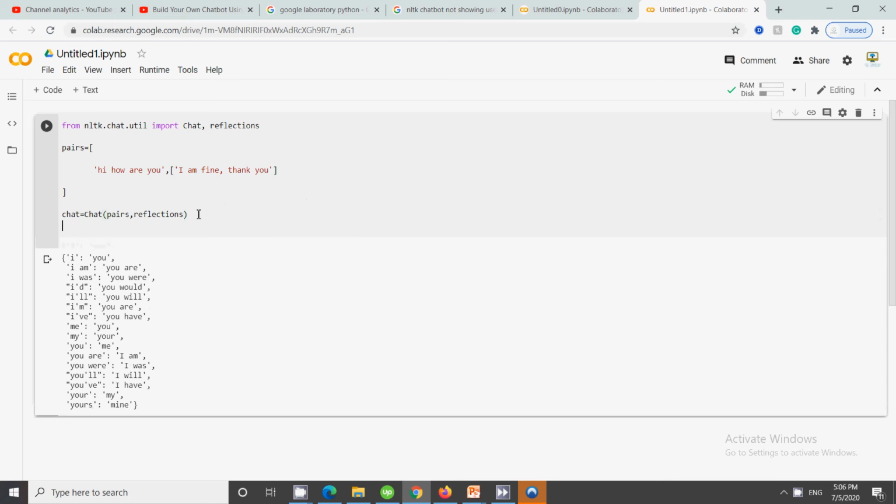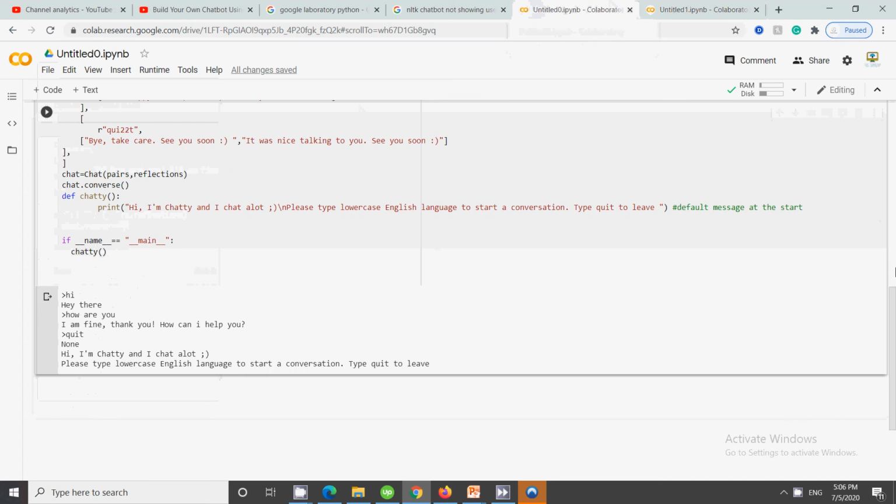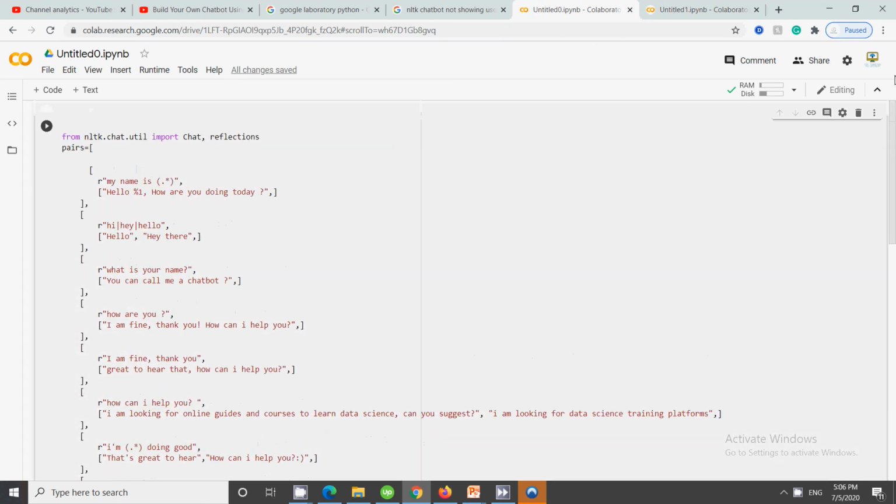And once it is done, you just need to write chat.converse, so the chatbot will start, and you just need to execute this. Right now the number of pairings is less, so we can have some more pairings. We have just created a chatbot using nltk.chat.util and the reflections.